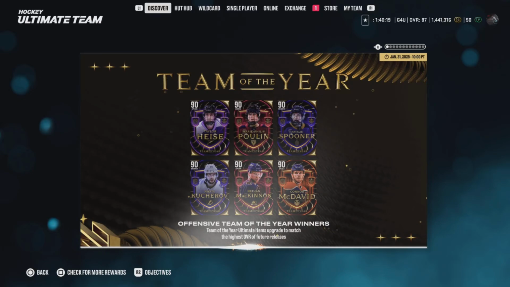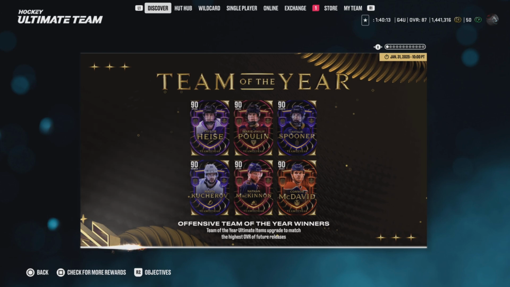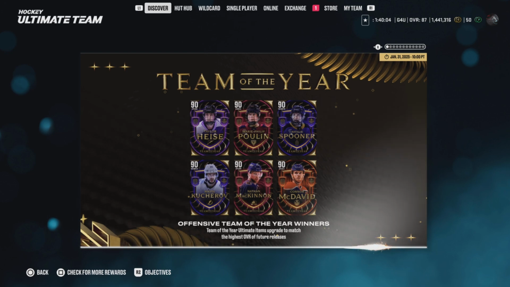LA Productions here, and today we're building Taylor Heise's Team of the Year card. Yes, I am finally going to build the 90 overall Taylor Heise Ultimate Team of the Year. Very excited to build her, but before we get into that, got to get a W to EA because they're now extending the forwards to the end date of Team of the Year with February 7th because of the issues